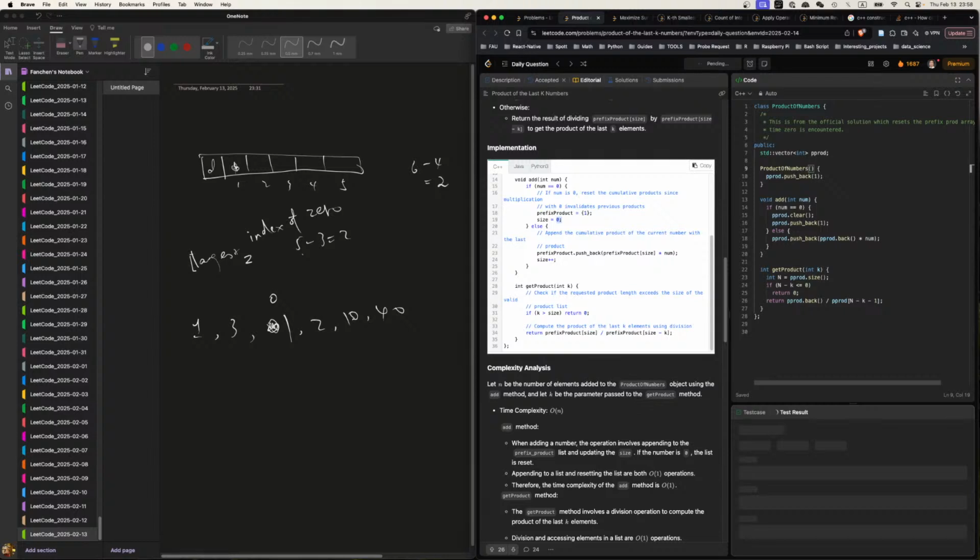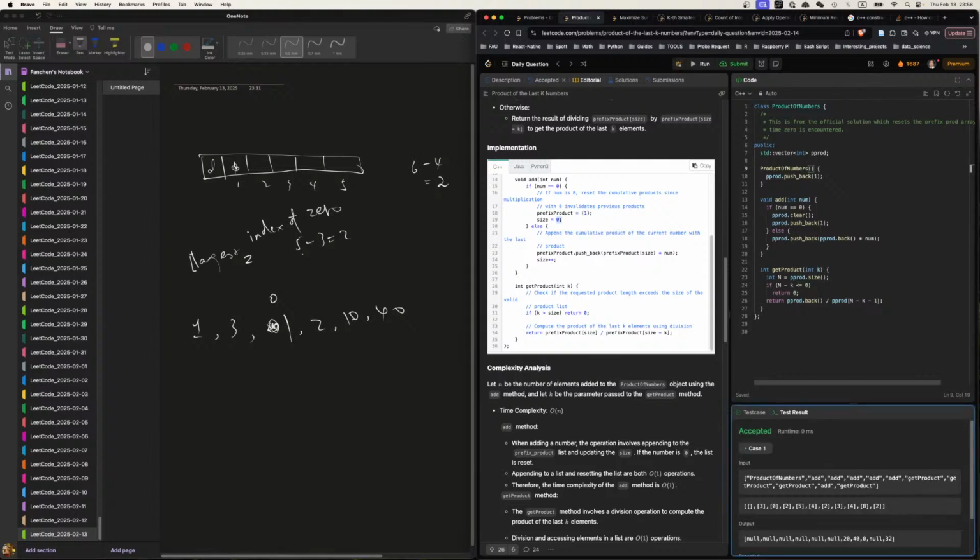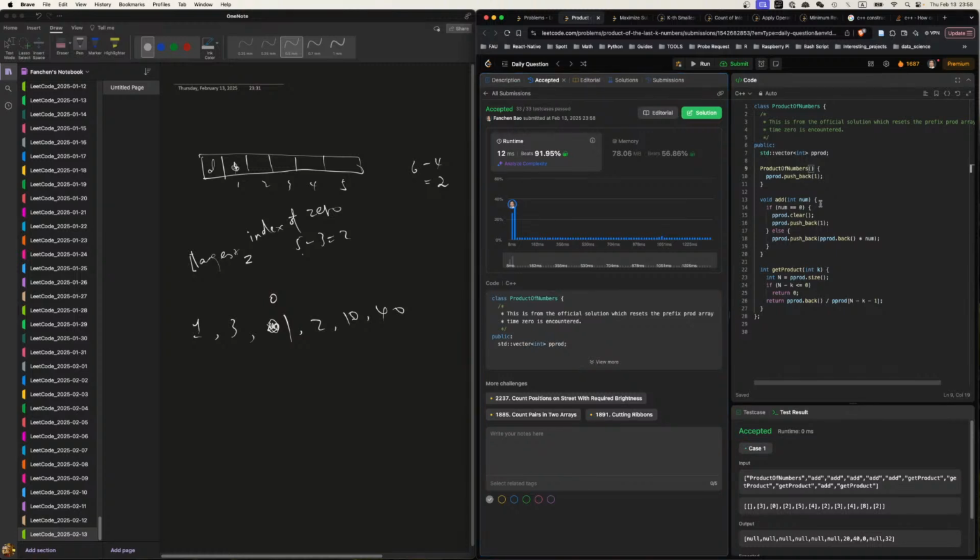Let's see if it works. Yep. Pretty good. I just think this might be faster. It is faster, because as you keep pushing, if I remember right, C++ will dynamically reallocate memory, which means if this array gets too big, then it takes overhead to allocate new memory.